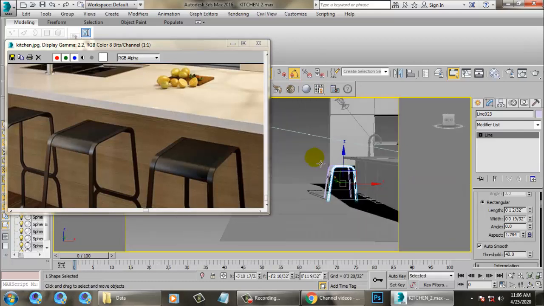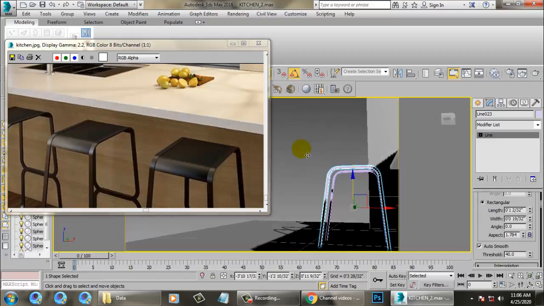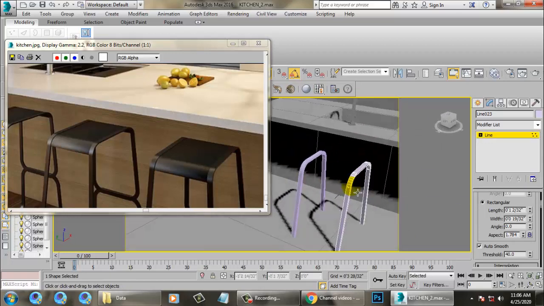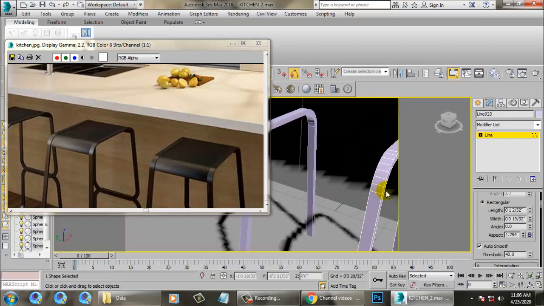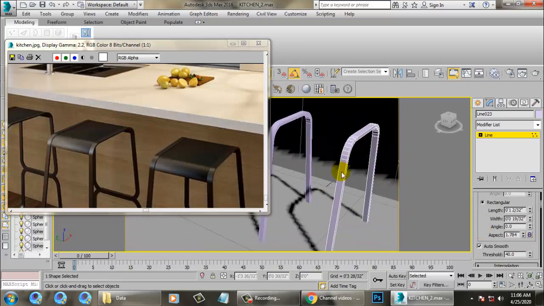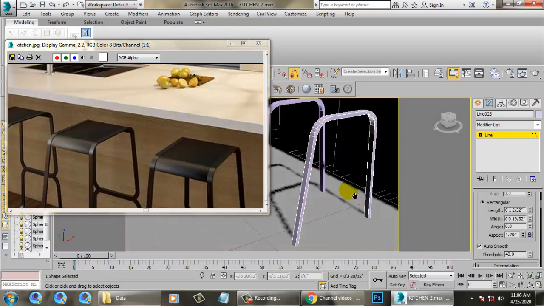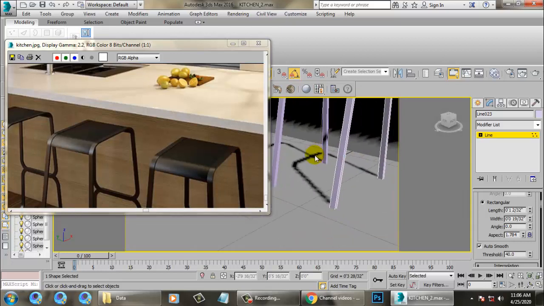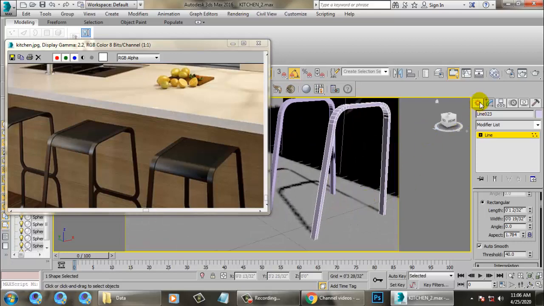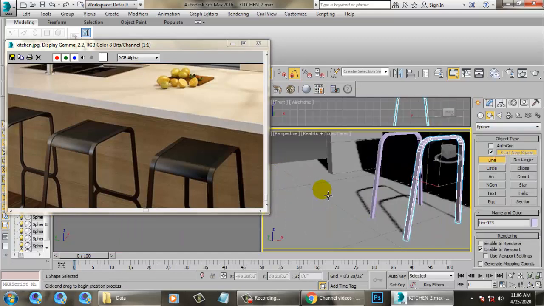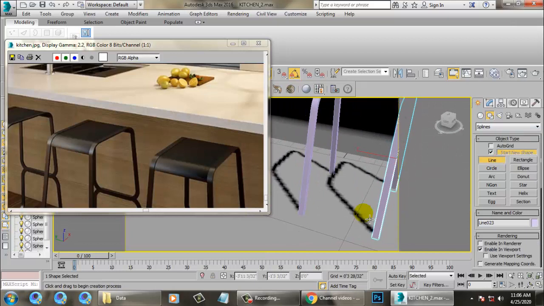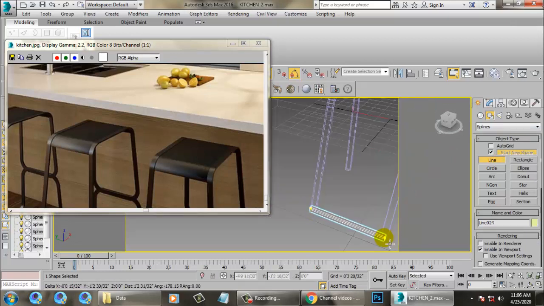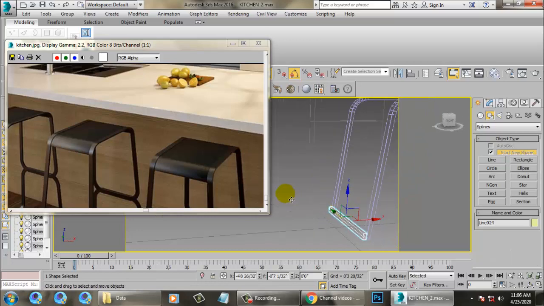After that, I'll go over here. I can go into the line tool. Let's take a line over here and draw a line.